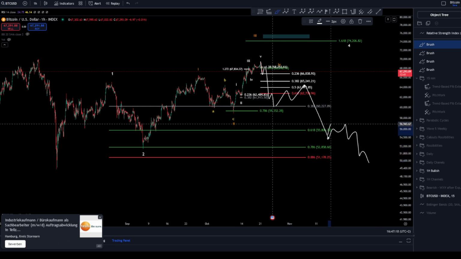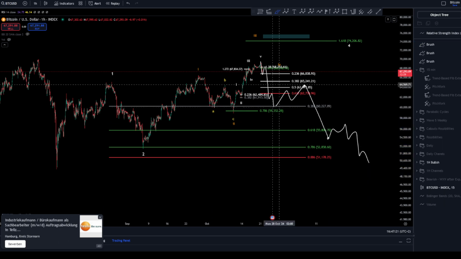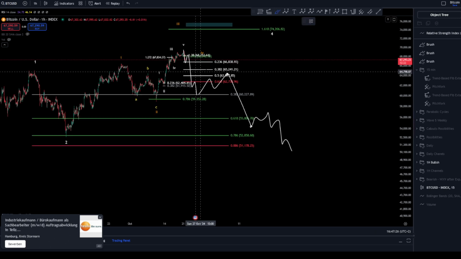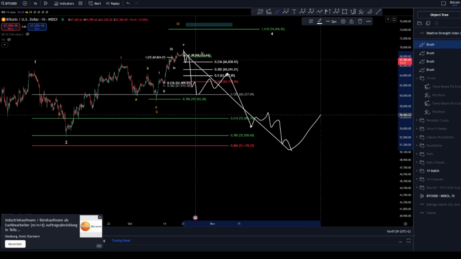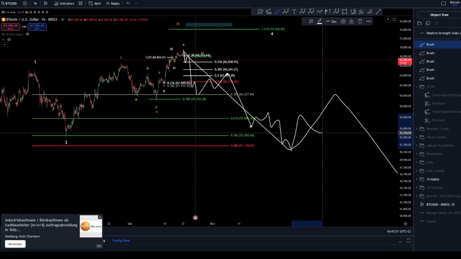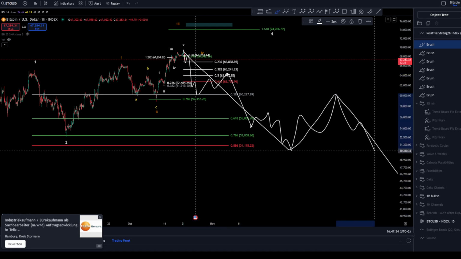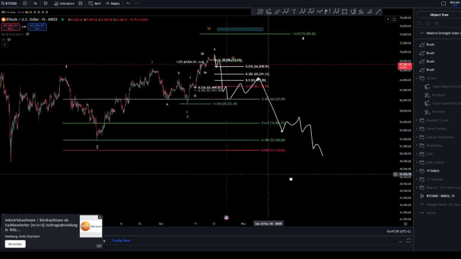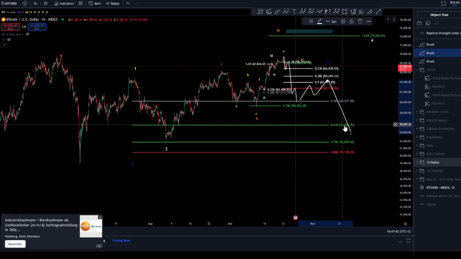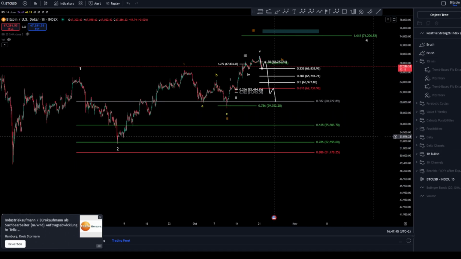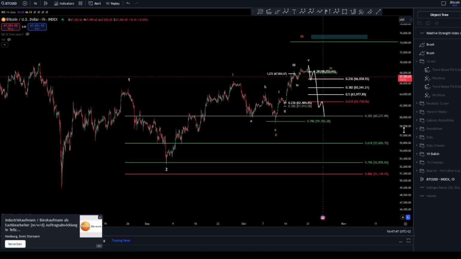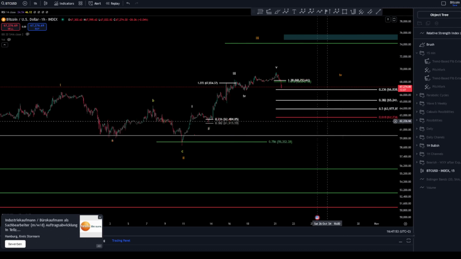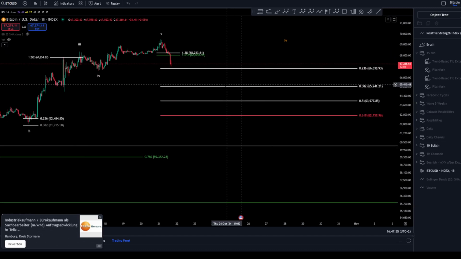So if we get this, guys, that means 1, 2, 3, 4, 5. And if you remember, the bearish scenario is a WXY. You want to finish a big zigzag towards the downside, where you're going to have 3 waves up and 1 more 5 waves down. So yeah, this is how the things are going to unfold with us on this channel. And we're going to walk with all of them step by step. I mean, this prediction is like months later. But we're going to walk step by step, guys, of course,